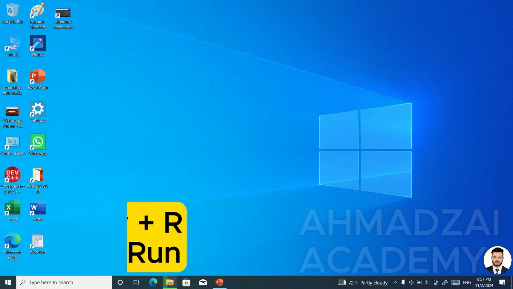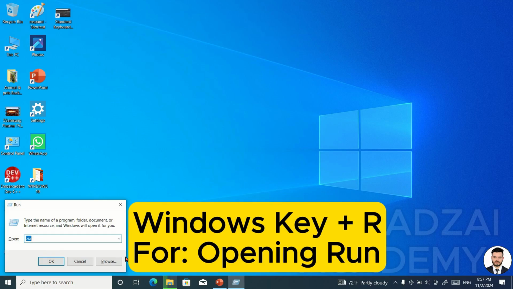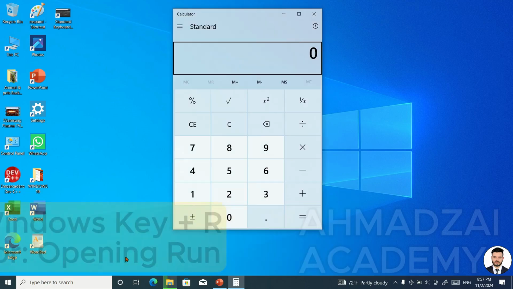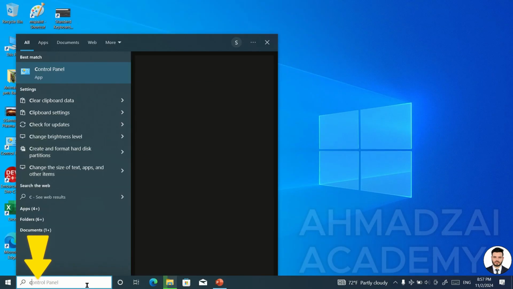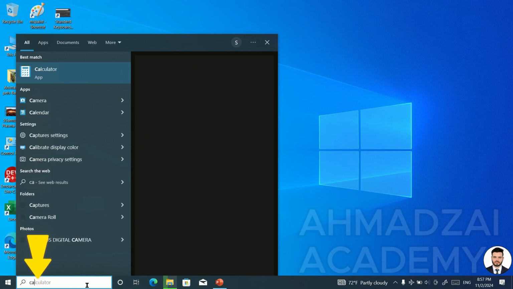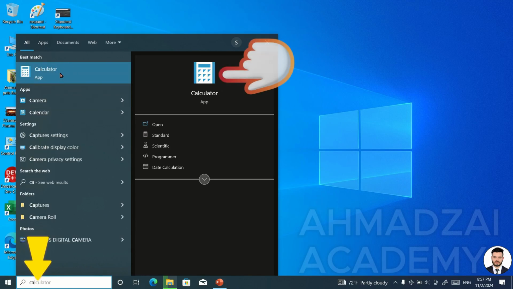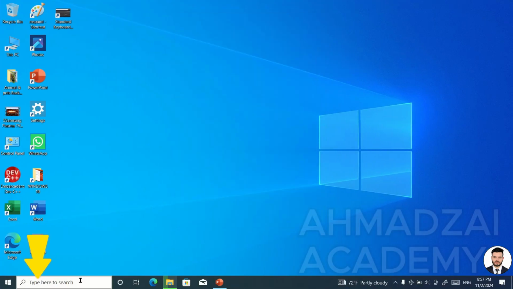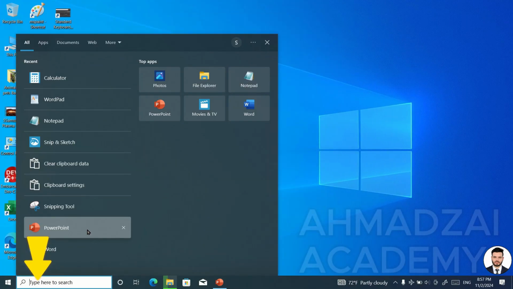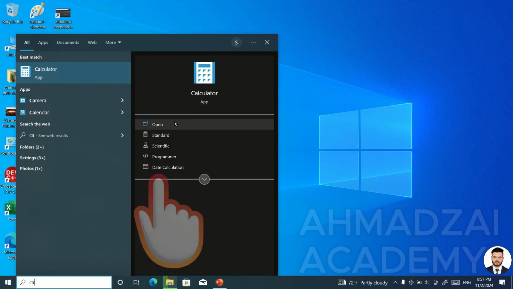For example, in Run itself, when we go to Run, we just need to type calc. When we type it, it opens the calculator. But the best of all is the search, where we just type a single C or even CA. It opens the calculator for us. When we want to open the calculator from here, from the search section, in the open part, we understand that